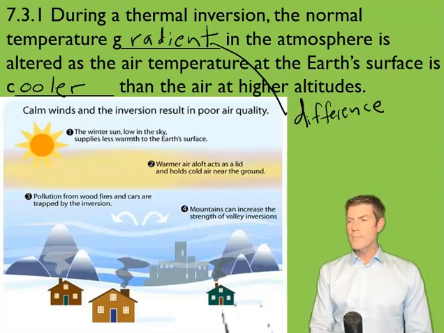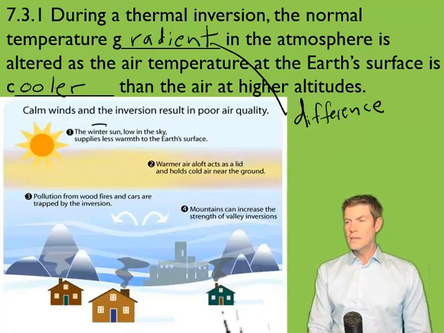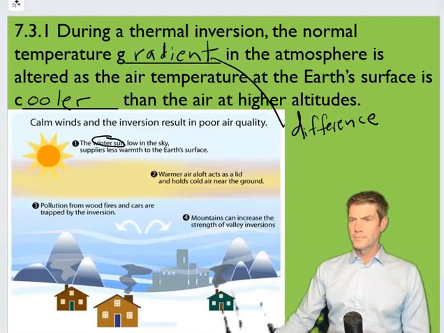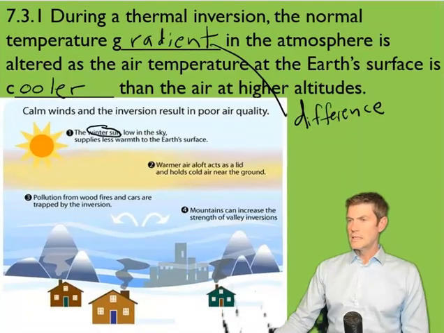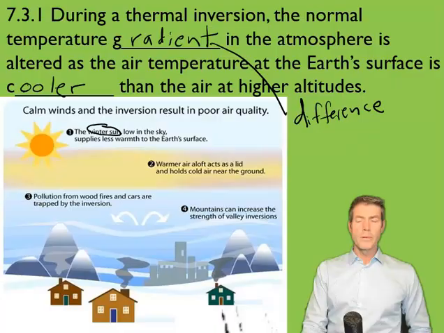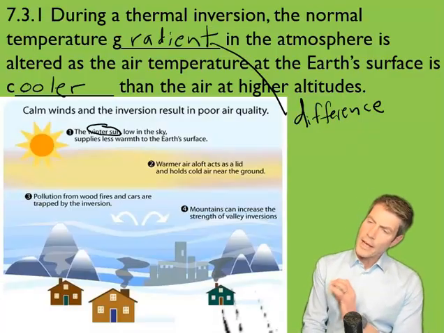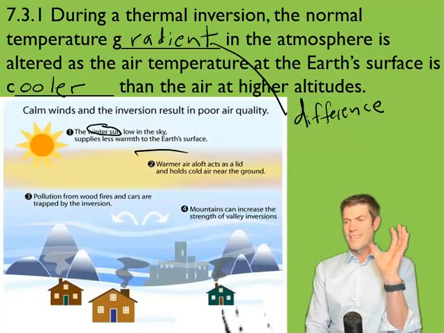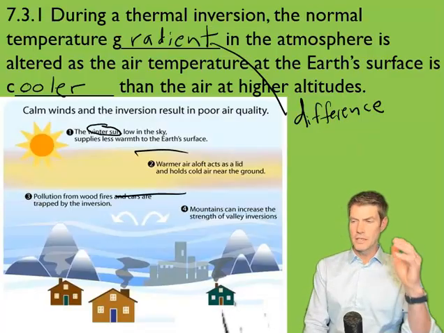And usually inversions happen in the winter. So write this down on your paper. In the winter, that winter sun is not nearly as strong and the surface does not warm up. However, that upper layer does get that sunlight and gets that warmth,